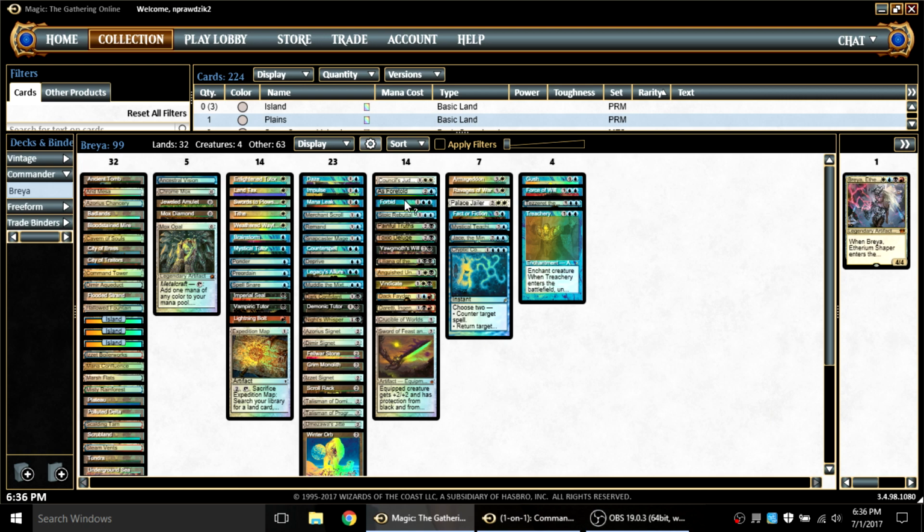I had Thirst for Knowledge in here for a little while. Went in and just put Scroll Rack back in because for 3 mana Thirst for Knowledge, of course, it does what it does. But for 3 mana Scroll Rack can sometimes, rather than just digging you three, dig you quite a bit deeper into the deck. And of course, it's a combo with Land Tax. But also, I just found that